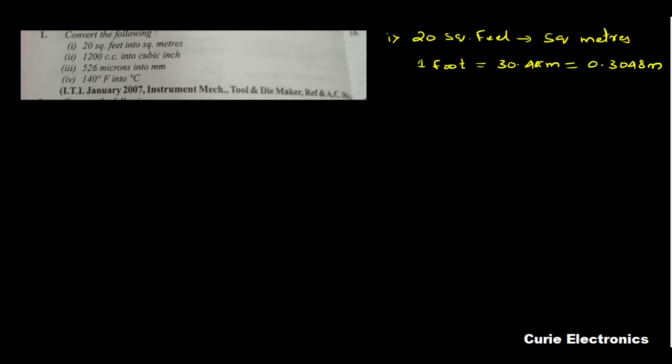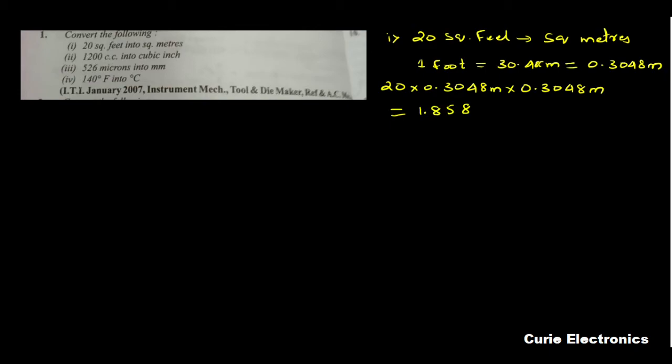Now, what is the thing we have to do? We have to convert the 20 square feet into square meters. So 1 square feet equal to what? 0.3048 meter. So here we have square meter, so we have to multiply by 0.3048 meter once more. If you multiply this, what answer comes? The answer comes to 1.858